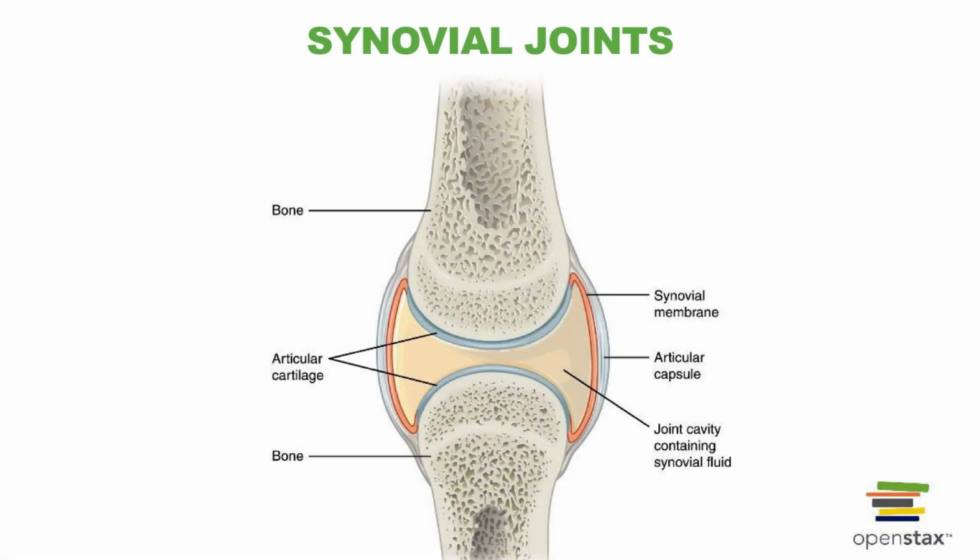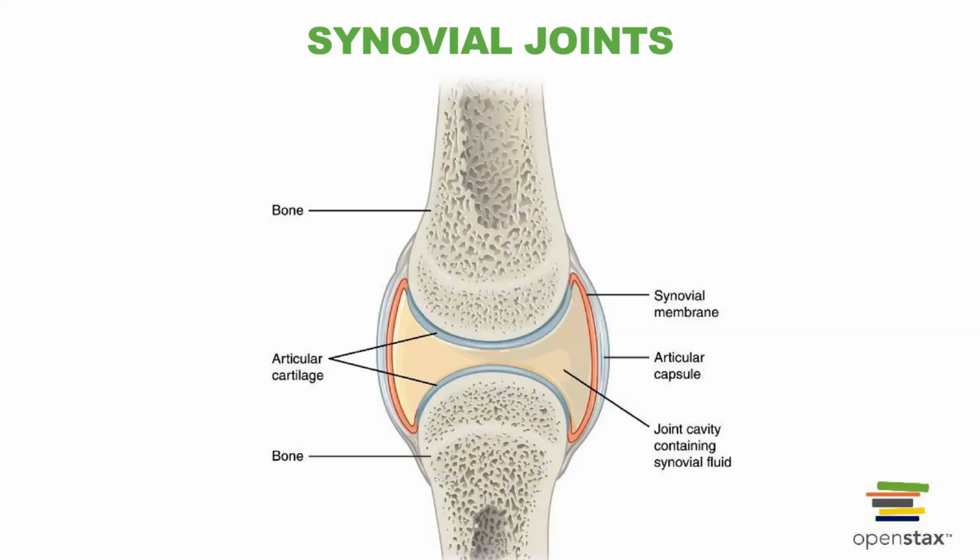At its core, a synovial joint is an intricate mechanism that allows smooth movement between adjacent bones. The joint is defined by an articular capsule that creates a specialized cavity. Within this cavity, we find synovial fluid, a lubricant, which allows bones to glide effortlessly against each other. The entire structure is designed to provide both mobility and stability, with each component playing a crucial role in this